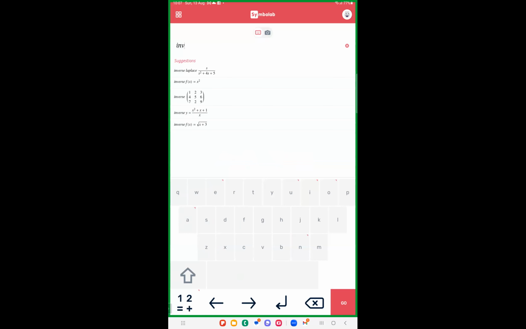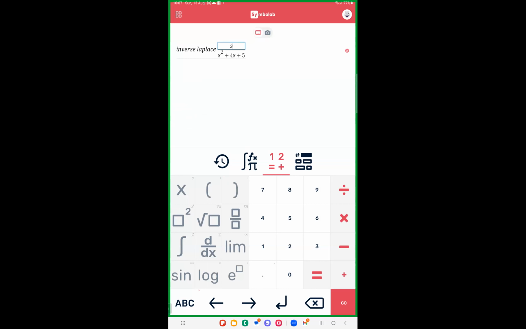Then you can do s plus 6, one of the Laplace transforms we did, and then in the denominator,